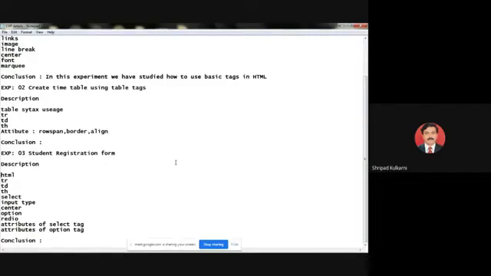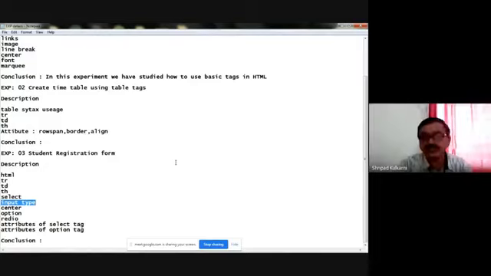Here one more very important tag we are using, that is the select tag. Then the input type is there. Again I'm comparing this input tag with C. In C programming, when we take values, which instruction do we use? We use scanf, double quotation, then data type, and all these things. Likewise here, in HTML, how do you take the input values from the user side? Using the input tag. I will explain that particular tag in my code, as well as how it shows.